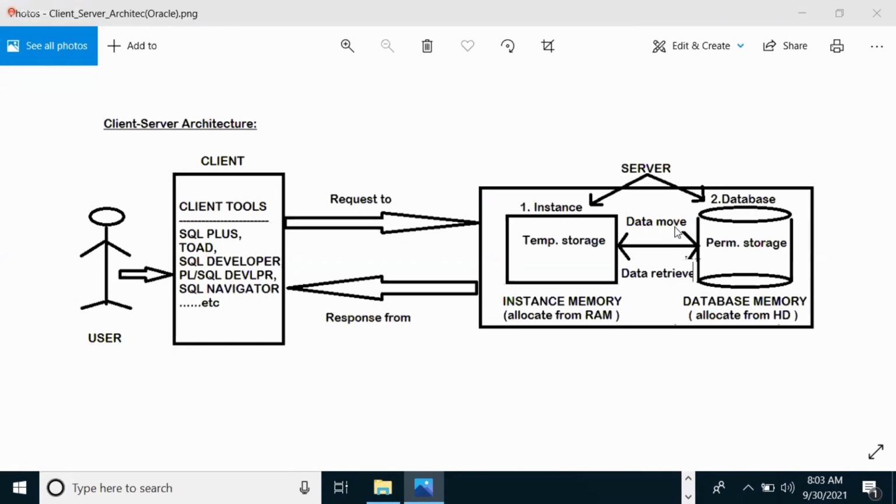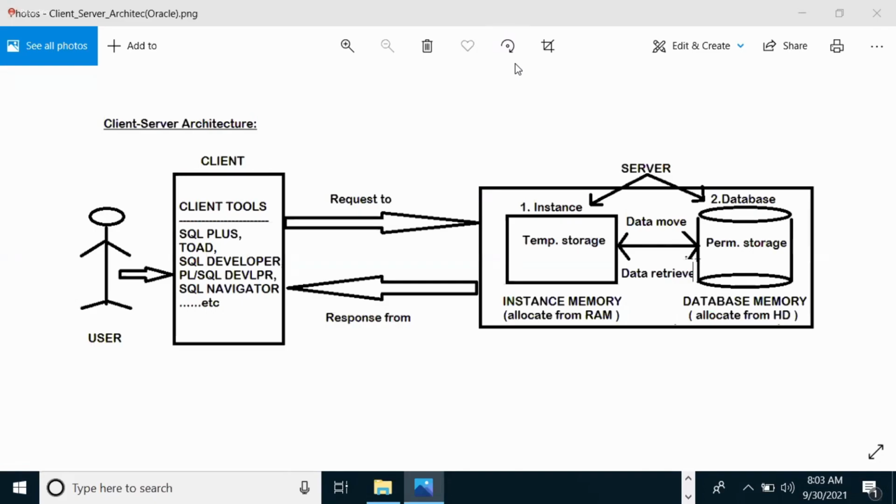Whenever you want to transfer your data from instance memory to database memory, that means from temporary storage to permanent storage, there is one command we need to use. Which command did I say? Yes, the commit command. I think you remember this was discussed in the early introduction part.